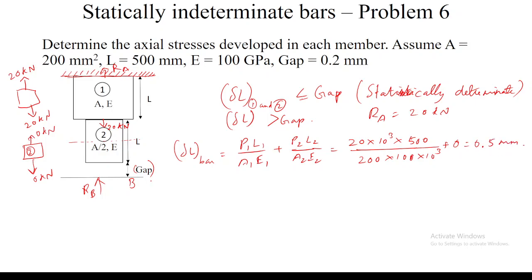So this 0.5 mm is greater than the gap, right? So delta L of bar is greater than gap. So this becomes a statically indeterminate